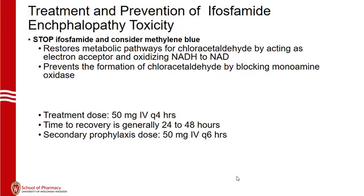The order it'll have 50 milligrams and then either Q4 or Q6 when you order it. So it's kind of nice that it points you in the right direction. But Q4 would be for treatment. And if somebody had liver disease and kidney issues up front, you can consider even not as secondary prophylaxis, but as prophylaxis up front. We've done that a couple times. We generally try not to, but